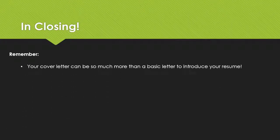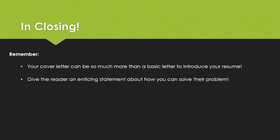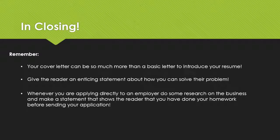So in closing, remember your cover letter can be much more than a basic letter to introduce your resume. In fact, it should be much better than a basic letter to introduce your resume. Give the reader an enticing statement about how you can solve their problem. Whenever you're applying directly to an employer, make sure you do some research on the business and make a statement that shows the reader that you've really done your homework before sending in your application. And finally, remember to check the letter